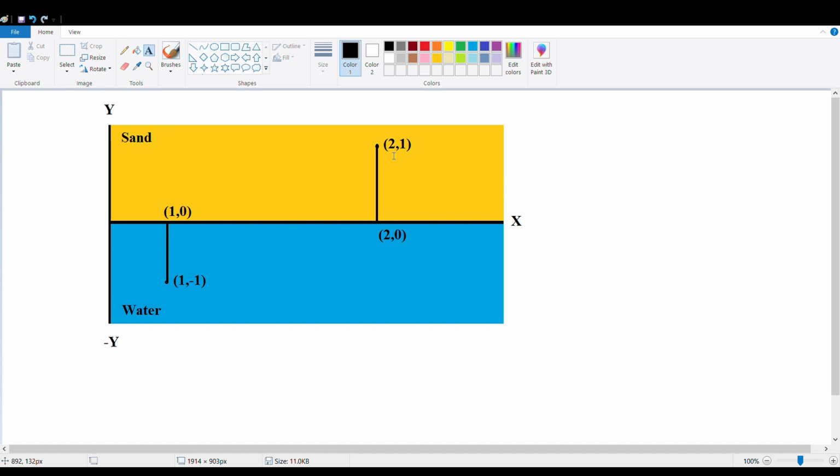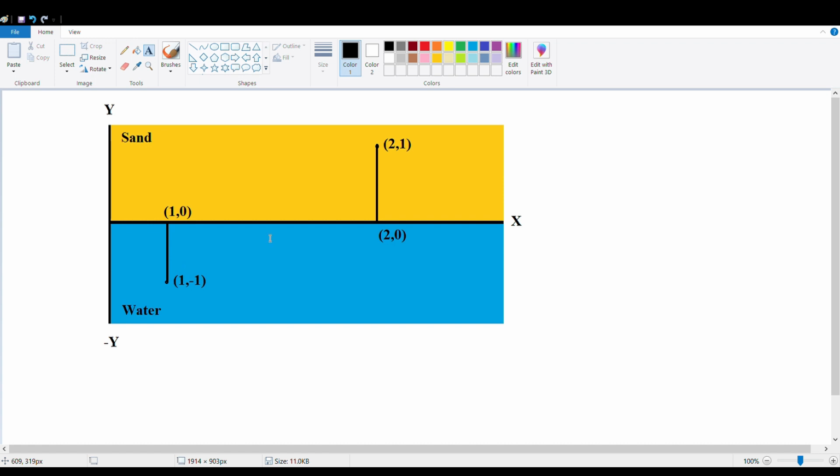on sand than on water, then what that lifeguard will do, he'll run to this part, this 1 comma 0, and after that he'll run to this point where that person is drowning. Why? Because this is the perpendicular path, and this is the shortest path from which he can reach him via water from sand. All right, he's not going to run the complete beach, even if he runs 15 times faster, just to reach that point. Since we want to minimize that, we know that the farthest spot he can run to is this 1 comma 0, and after that he'll swim to this point. All right, 1 comma minus 1.